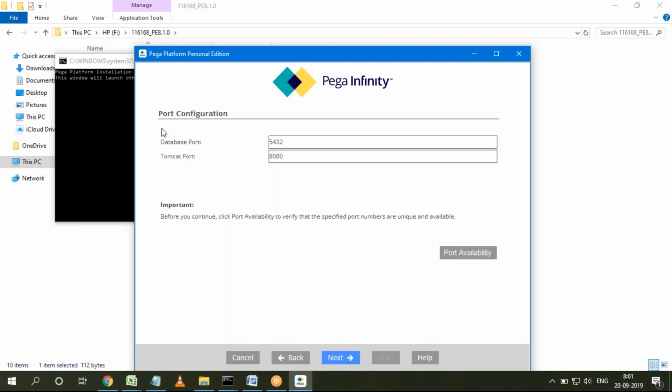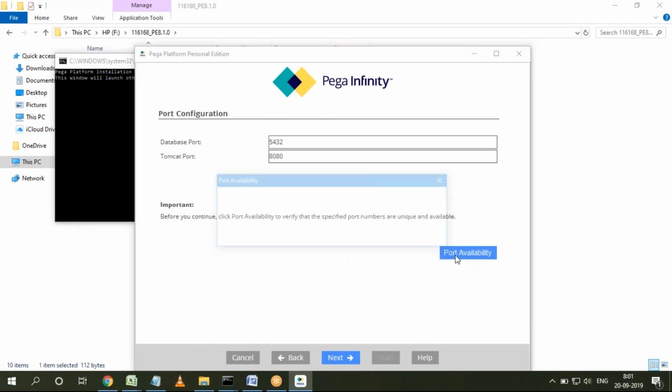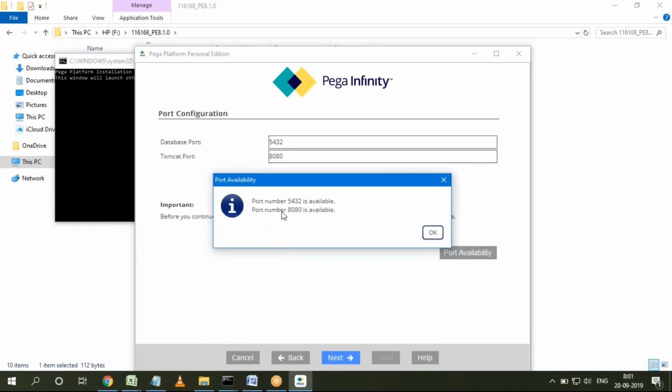Then you will get the port configuration. When the database and server are both installed, some port numbers will be allocated for the database and server. Automatically it will take a unique port number only, no need to worry. But anyway, once you get this screen, you need to check the port availability. If you click on port availability and it shows that both the database port and server port are available, then you can continue.